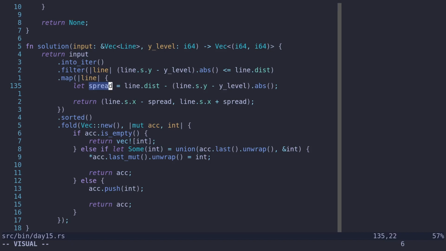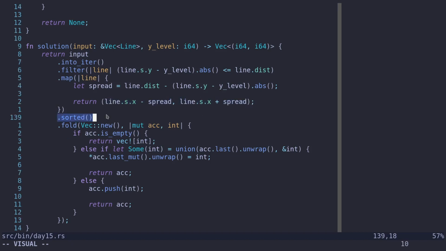So basically this spread is pretty much the redundant distance of the sensor: it will use up some distance until it gets to this Y level, but then it will still have some more distance left. That will be how much on the x-axis it can go to the right and to the left, and using this spread we can compute the interval that it sees on the Y level for the